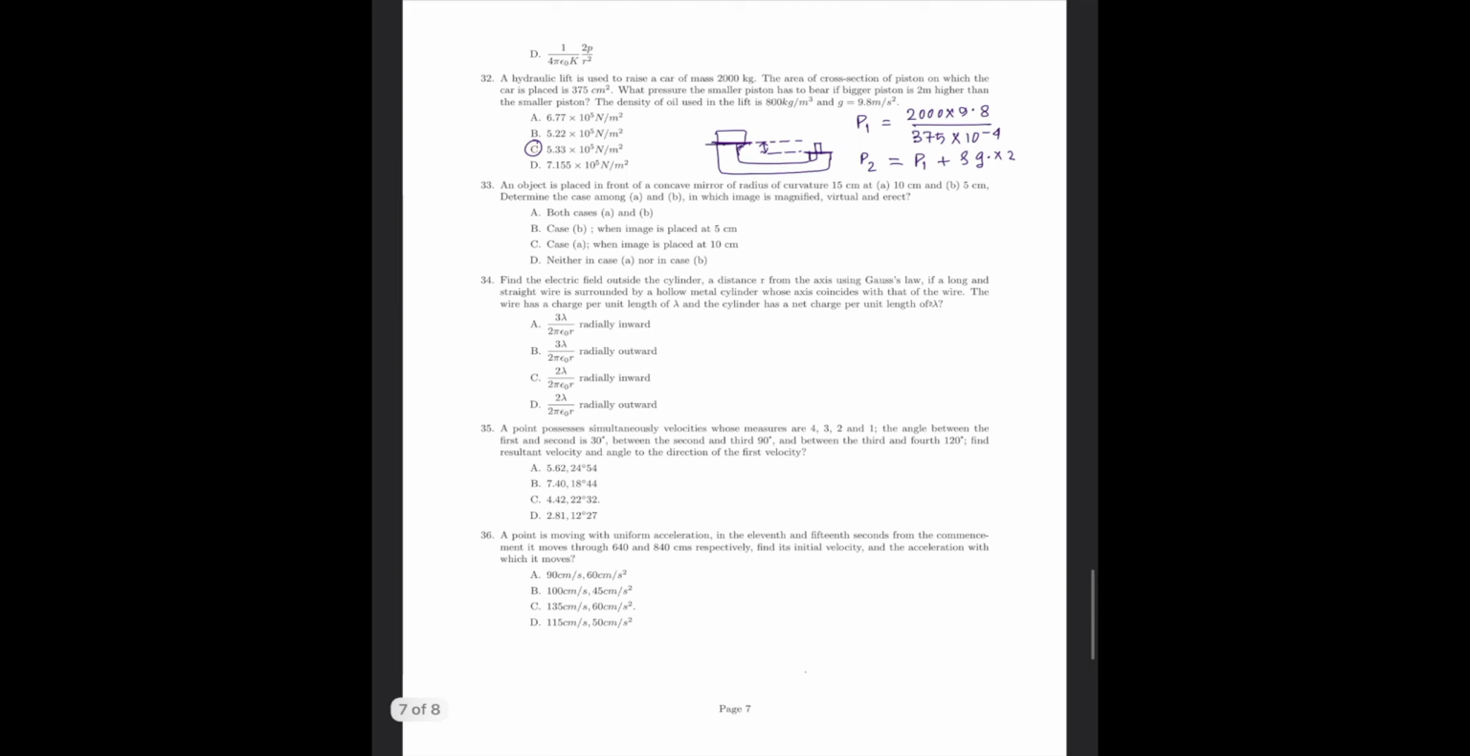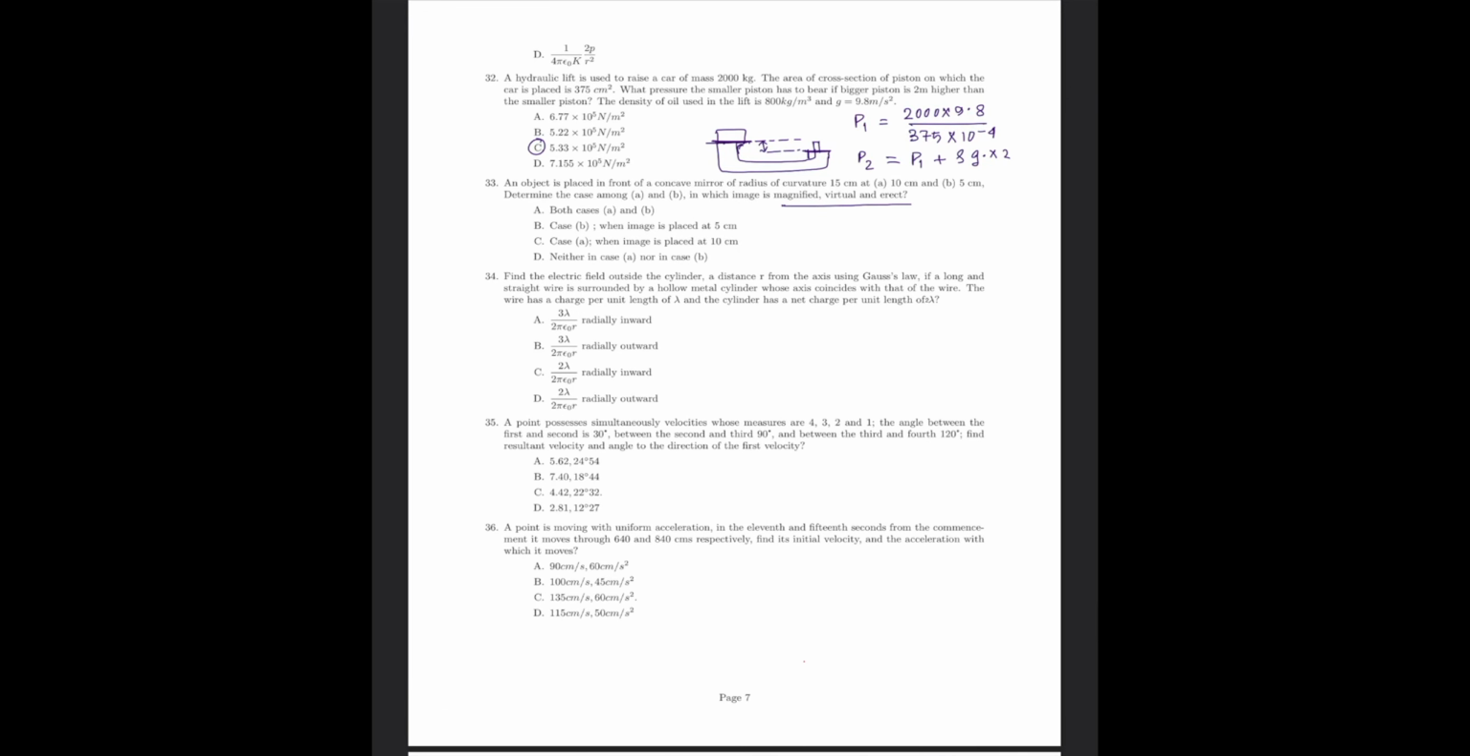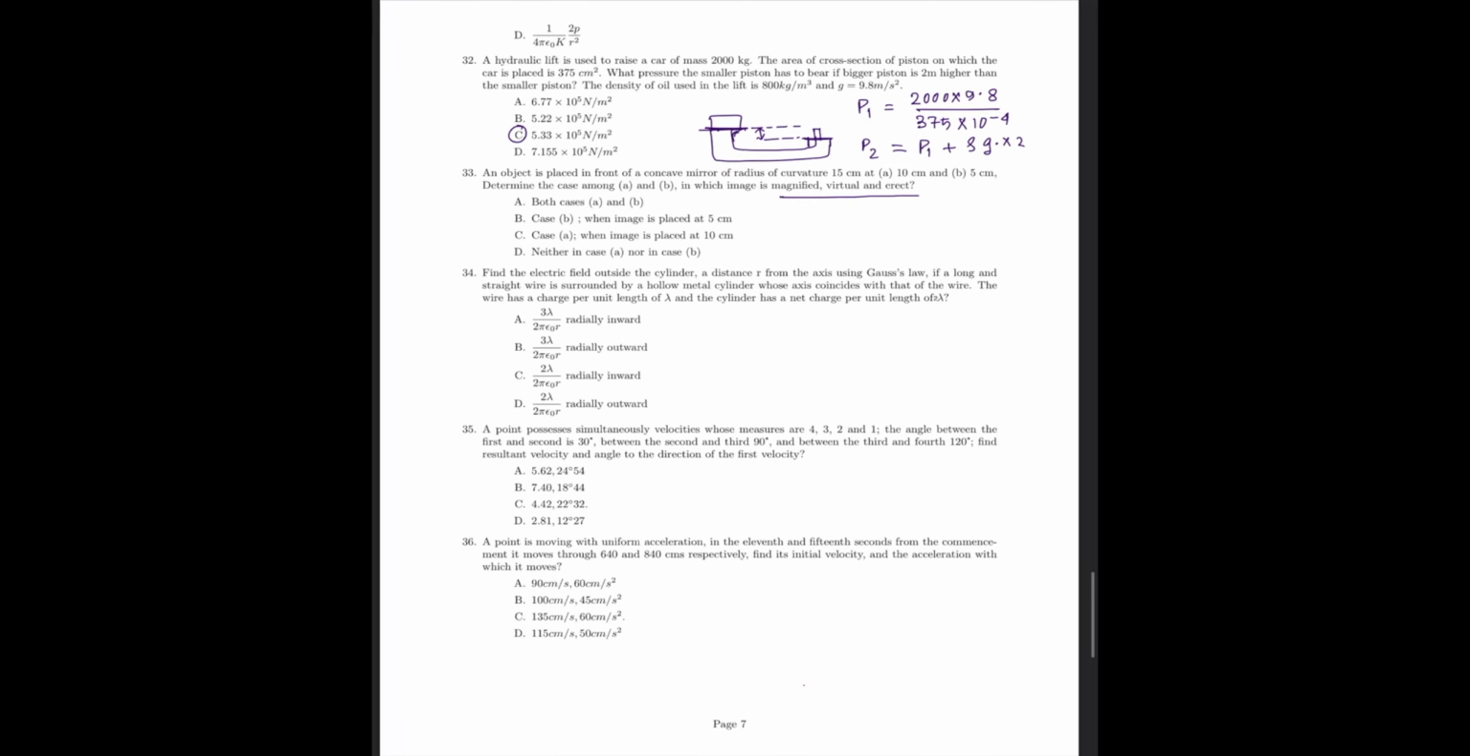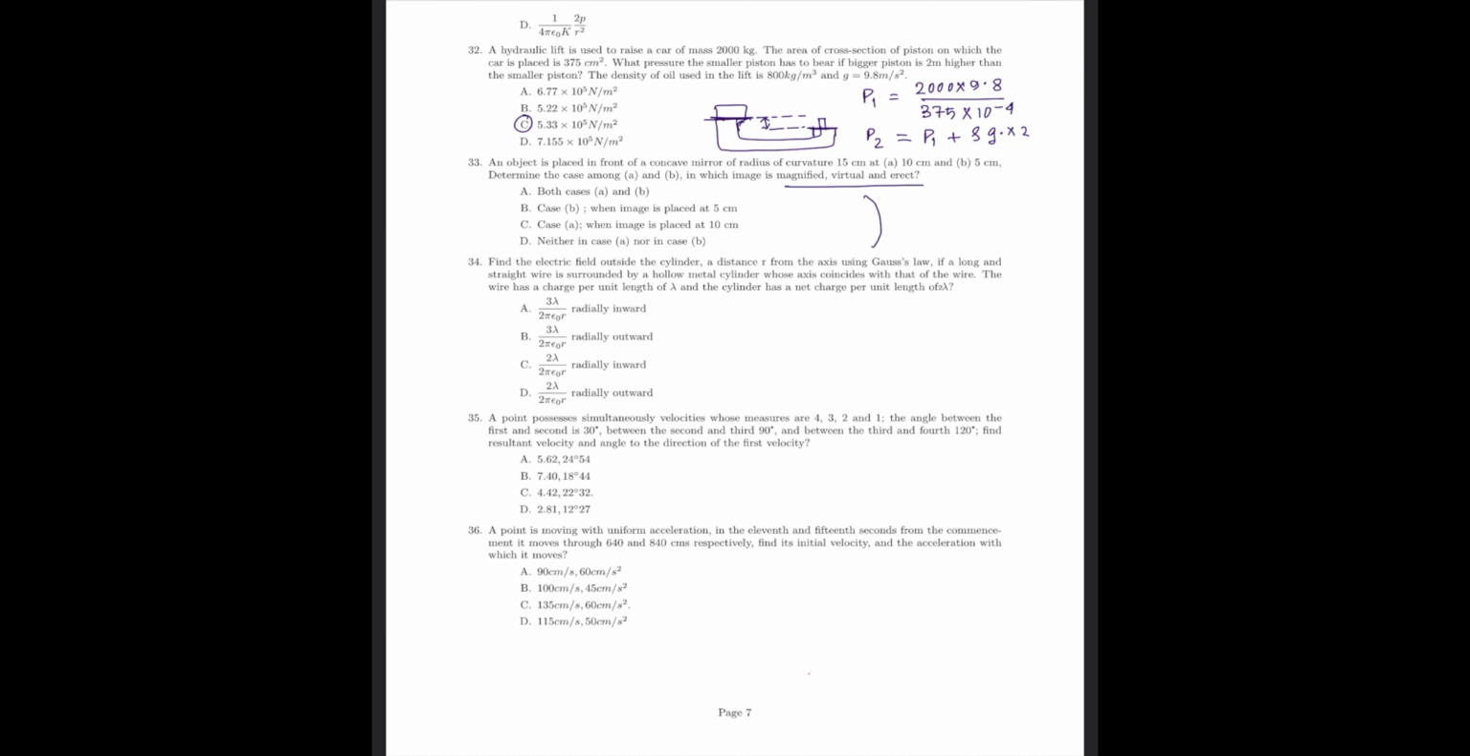Question 33 says, an object is placed in front of a concave mirror of given radius of curvature at two different distances, 10 cm and 5 cm. Determine for which of the cases the image is magnified, virtual and erect. So you need to know that for a concave mirror, if the focal length is f and this is 2f distance, then if an object is between 2f and infinity, its image would be somewhere between f and 2f,